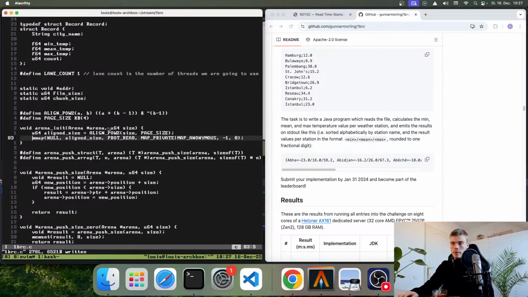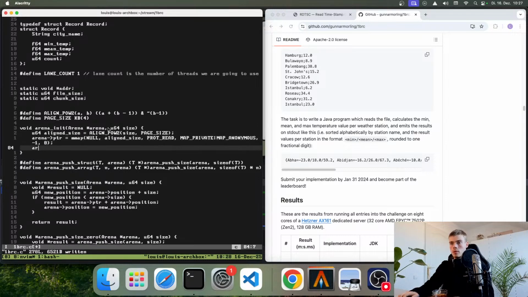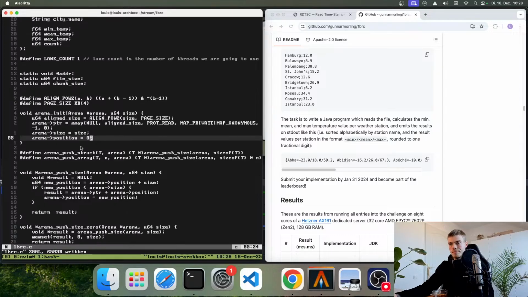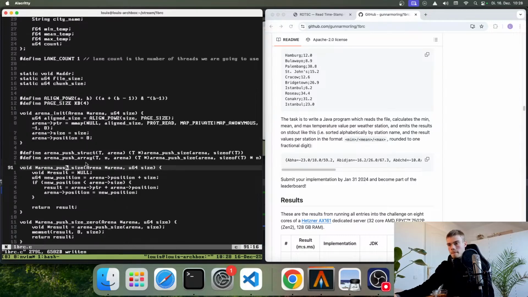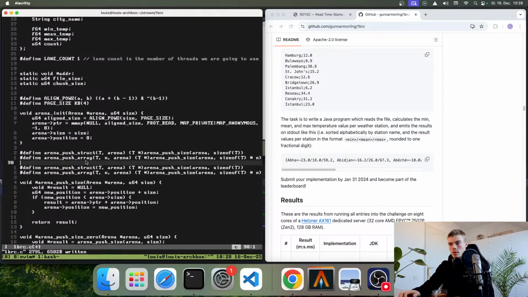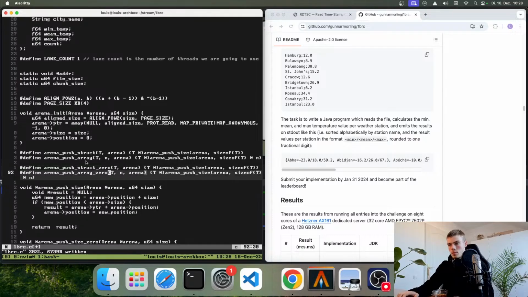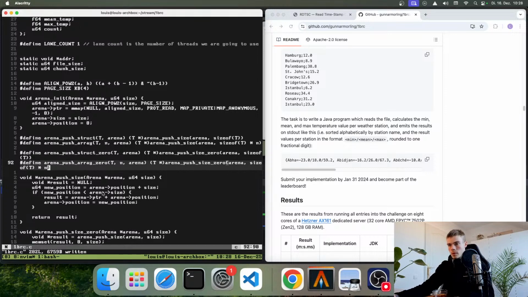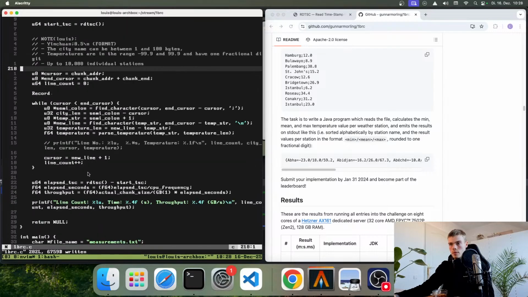This is arena pointer, arena size, arena position is equal to 0. Okay. And we can also use these: push struct zero, push array zero, push size zero. Okay. So with that out of the way,